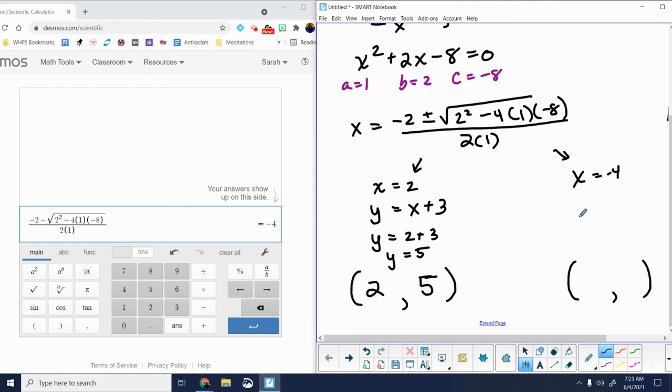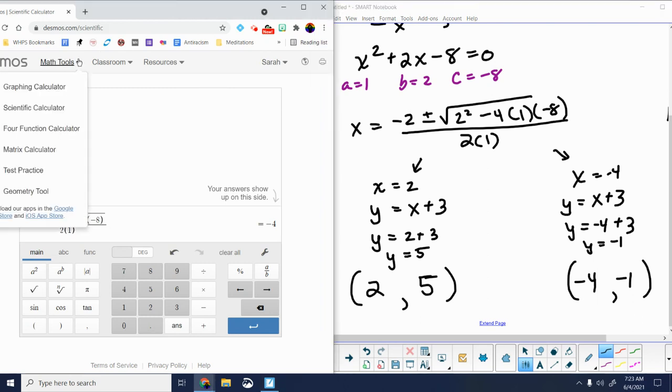So that's one solution. I'm going to use the same equation, but now I'm going to use negative 4 as my x value to get that y is negative 1. So my other point of intersection is (negative 4, negative 1),